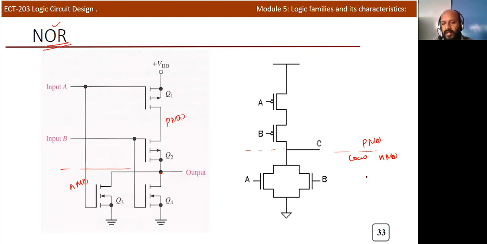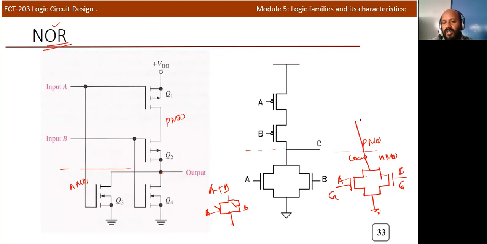If it is an OR gate, switches must be connected in parallel. If there is a parallel switch, this is A plus B, an OR operation. So we need to connect the transistors in the OR category. So for the NMOS transistors, you need to draw two transistors in the lower portion, and show the common point which is connected to ground. The other point is connected to the output. This is the gate terminal of the NMOS transistor. One input is given here, another here.